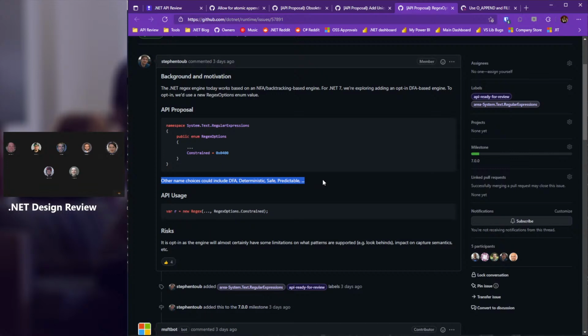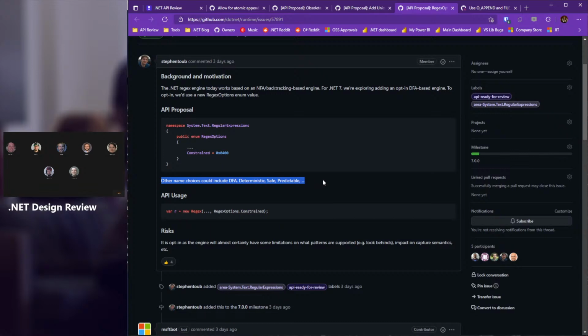Yeah, it seems like deterministic. Regex option should have been the default. Yeah, basically. I mean, I don't know what to do with that, because it seems like we want everybody to have that as the option moving forward, which kind of makes me think the name needs to be that people